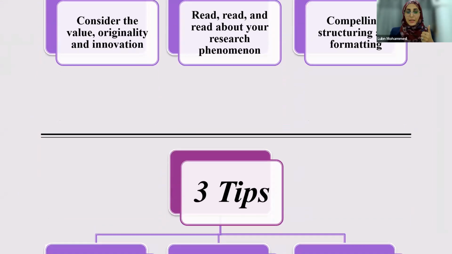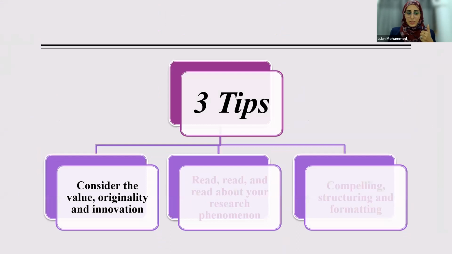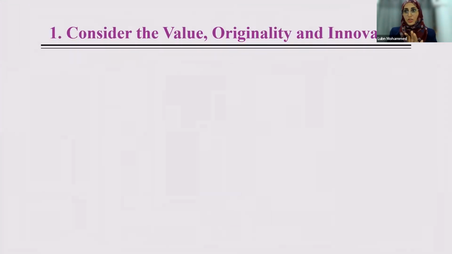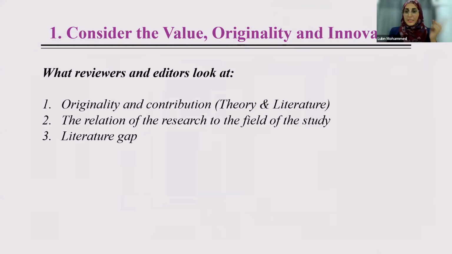to consider the value, the originality, and the innovation. When we submit the paper, it goes first to the editor of the journal. So the editor will decide to accept or reject. This is the first stage. After accepting, we will send this to the reviewers to check. What the reviewers will look into is whether this research is original